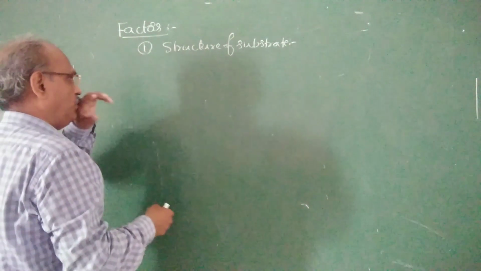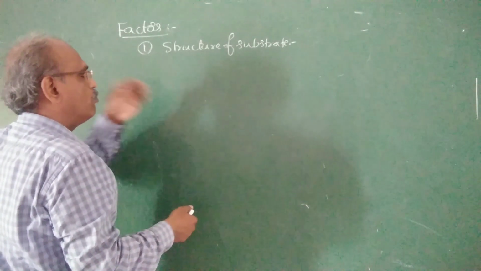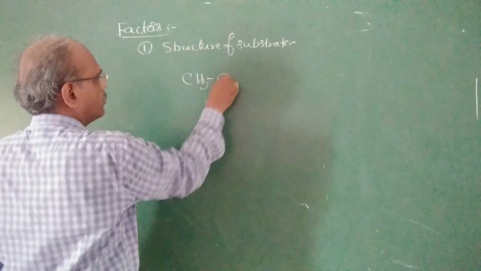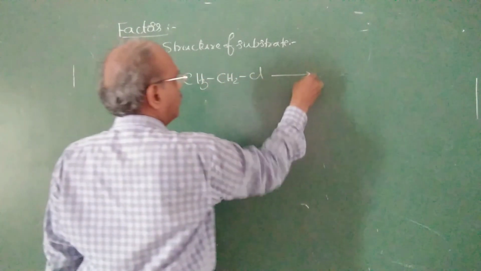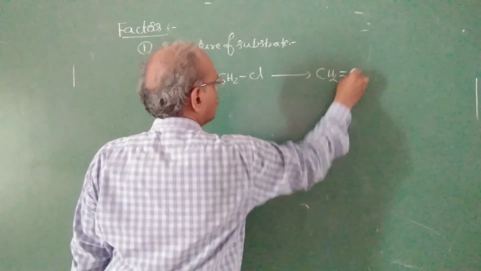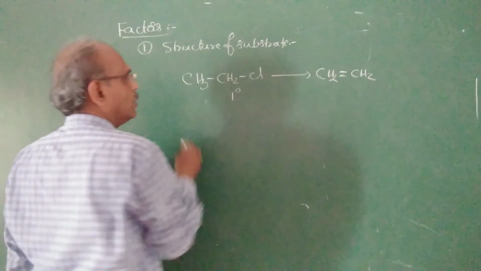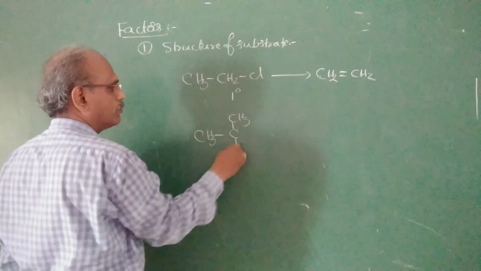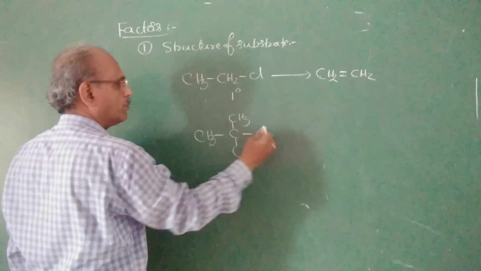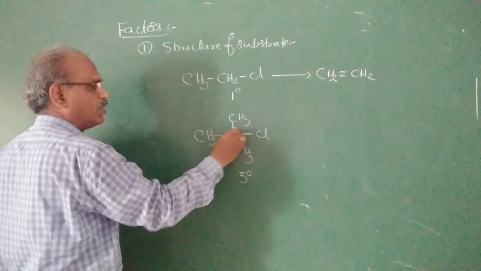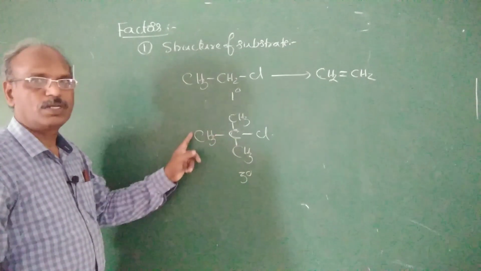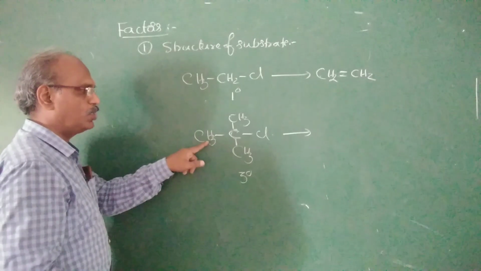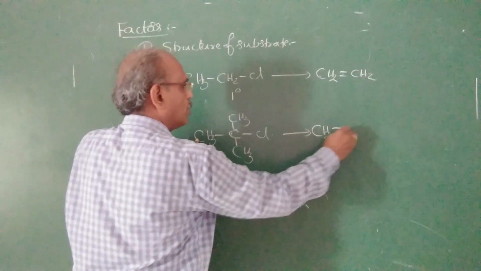See, if you look at a 1 degree halide, after elimination what you get is CH2 double bond CH2. And if you look at a tertiary halide, a 3 degree halide, Cl from this carbon, H from the adjacent carbon, no problem. Here all are identical. Say let's remove H from this: CH2 double bond C,